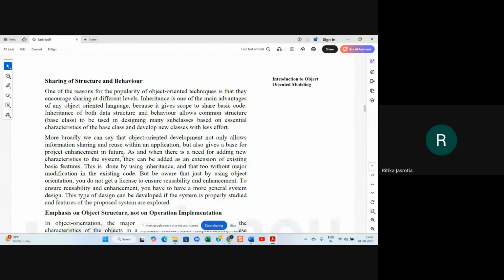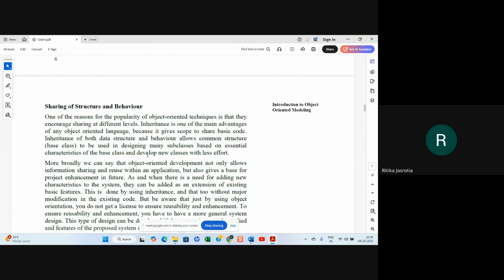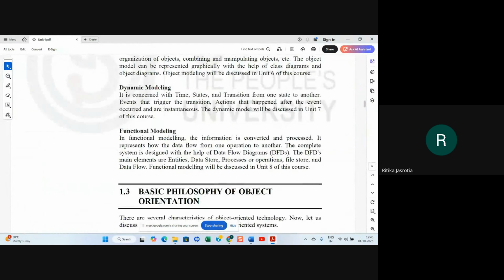You can add more functions in your class, and that can be shared with other child classes also. So information sharing is also reuse, because you are reusing the code. It is written in the base class. You don't have to write it again. You just have to access it from the parent class, and the child class can access that code. So that is reusability. That is one of the main philosophies of object orientation.